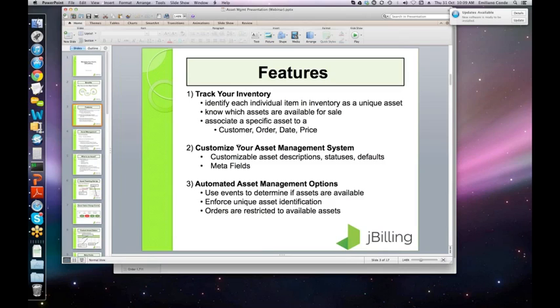So we have a way to customize what it is that we track as far as an asset goes. How do we describe an asset? It's completely configurable. So that's a very important feature of this new module. And then